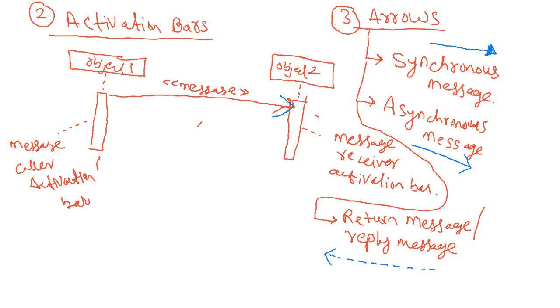Asynchronous message means I will send you a WhatsApp message, for example, and I will not wait for your response. I will do my work. When you respond, I will see it. Correct? Yes, correct. That is called an asynchronous message. It means you will send a message and you will not wait for a reply. When the response comes, you will check it.